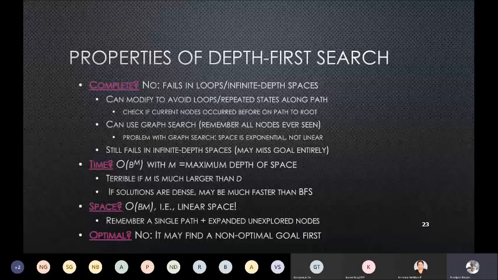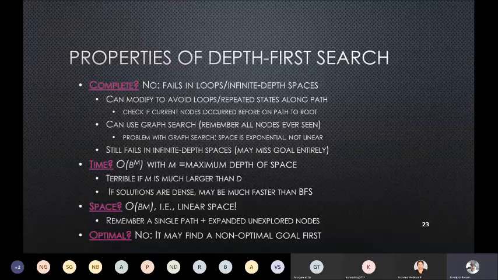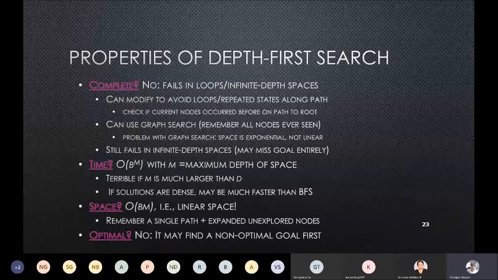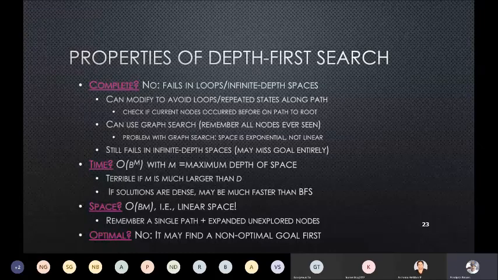And since it's not complete, it is neither complete nor optimal. Even if it takes you to London from Bangalore, it doesn't ensure that you will reach the optimal path. So the only benefit of depth first search is that the space complexity is linear. And why? Because we are exploring nodes down a particular chain following the depth, instead of the breadth as in the breadth first search.